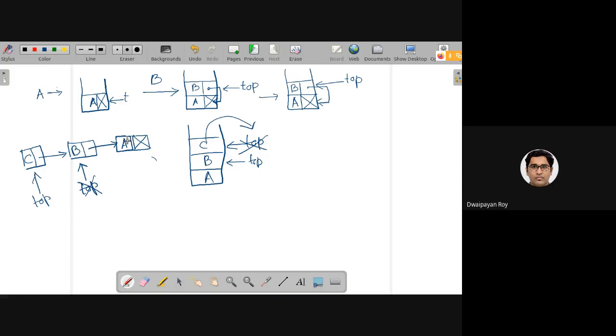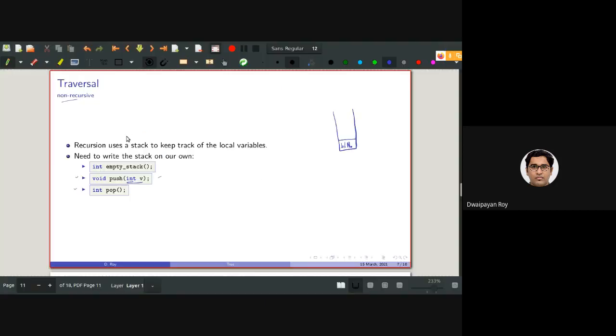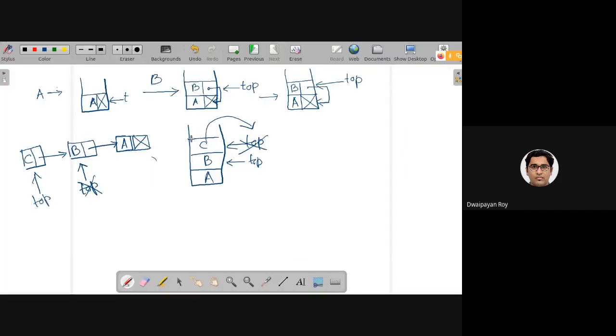But as I have said earlier, to implement the binary tree traversals in a non-recursive way, can you say what will be the data type of the individual items that will be stored in the stack? Someone please try at least.